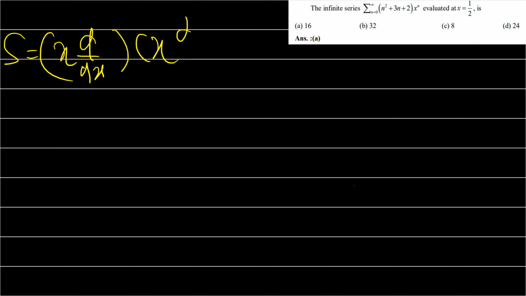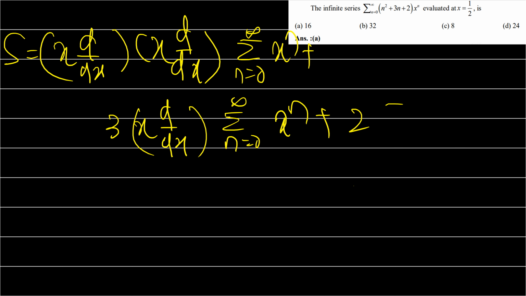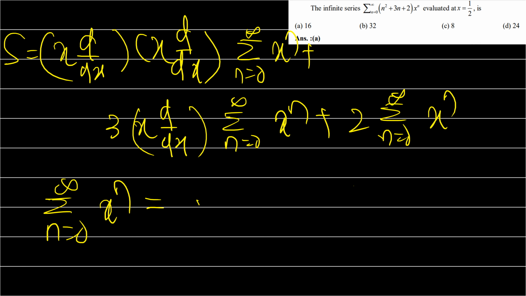So the sum will become x d/dx summation n equal to 0 to infinity x to the power n, plus 3x d/dx of the summation n equal to 0 to infinity x to the power n, plus 2 summation n equal to 0 to infinity x to the power n. Now the summation of x to the power n is nothing but a GP